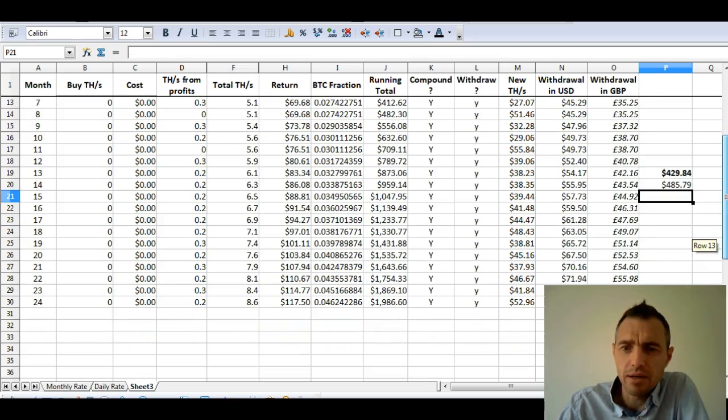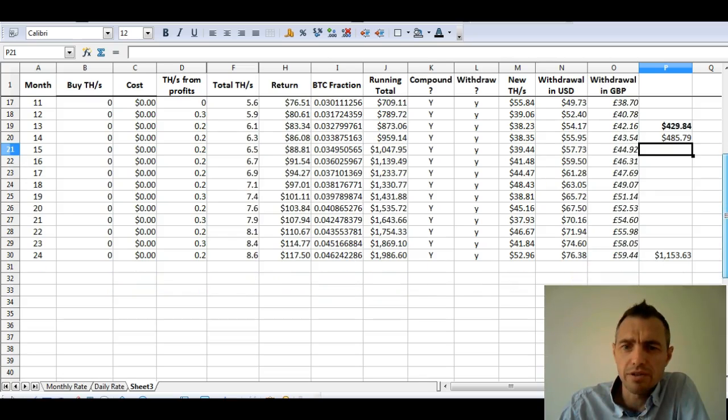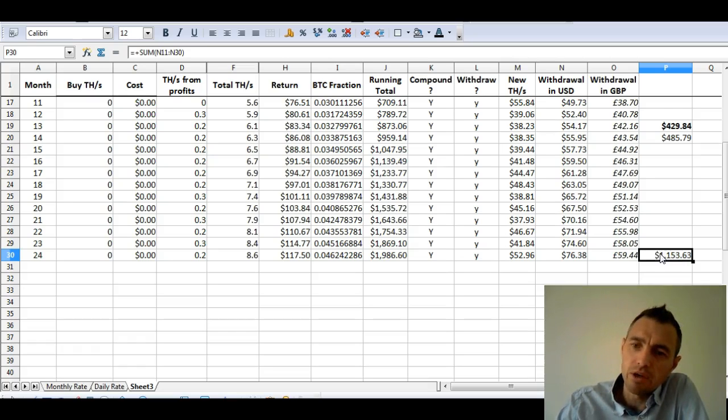But then if you go ahead to 24 months, we're now earning $117.50 a month. We are putting back in $52.96 and we're withdrawing $76. And actually after 24 months, now bear in mind this contract does not stop at 24 months, this is an ongoing contract, but I just wanted to illustrate where you'd be after 2 years. You'd have withdrawn $1,153